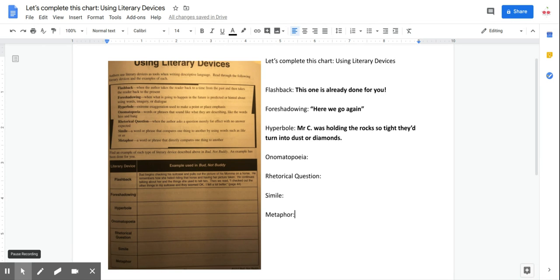I bet I know what you're thinking of for this one. In Bud, Not Buddy, what was that sound that he would talk about and he would use these words often? Do you remember what that was? Let's get it written in. There's lots of onomatopoeia in the story, but I just picked out the funny whoop, zoop, swoop because we always really like reading those parts.